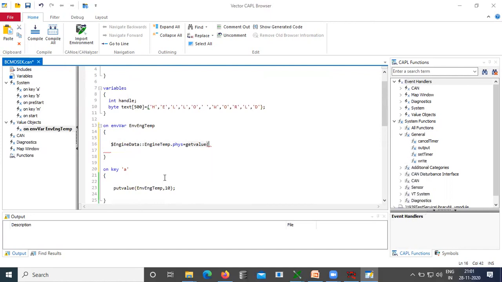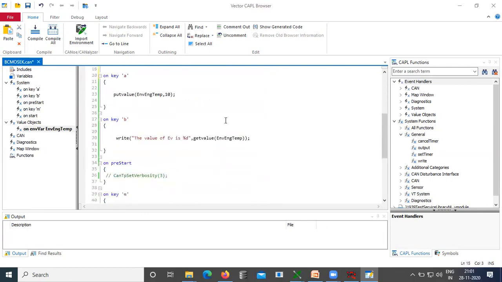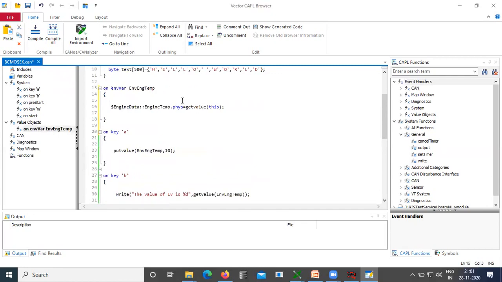You get the value of what? This. Here, this means this env variable. So we are also mapping the value to the CAN network, that means CAN traffic. Let me compile it.